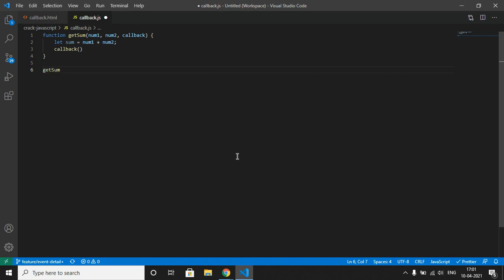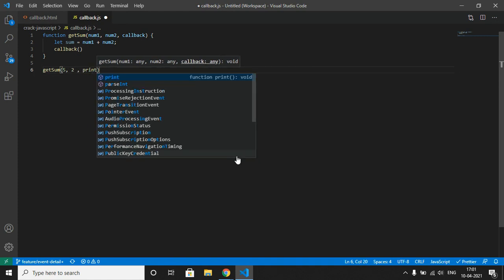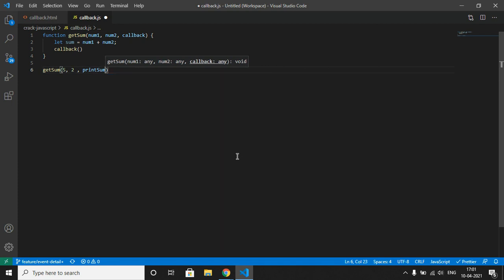Let me call that getSum function. Let me pass values 5, 2, and another function, printSum. Let me declare the printSum function first.